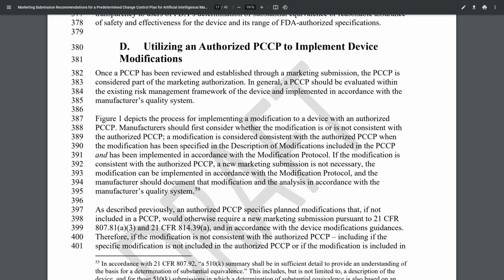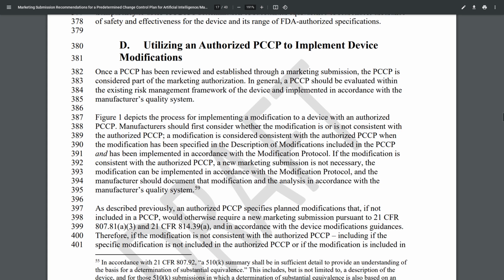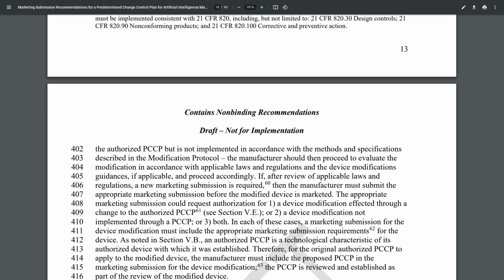Therefore, if the modification is not consistent with the authorized PCCP, including if the specific modification is not included in the authorized PCCP, or if the modification is included in the authorized PCCP but is not implemented in accordance with the methods and specifications described in the modification protocol, the manufacturer should then proceed to evaluate the modification in accordance with applicable laws and regulations and the device modifications guidances, if applicable, and proceed accordingly.